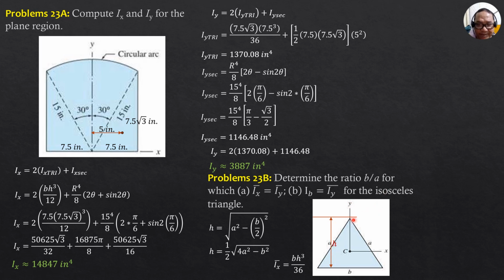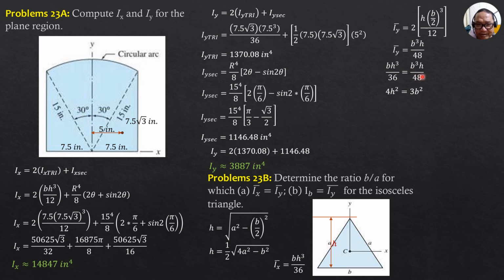So how about I barred y? I barred y is also IY, and it is equal to the height times b over 2 cubed over 12, then times 2. So IY is 2 times height times b over 2 cubed over 12. If you simplify this, that's h b cubed over 48. Then equating, because that's the condition in part A, b h cubed over 36 equals b cubed h over 48. If we cancel b and h, that's h squared equals 3/4 of b squared.